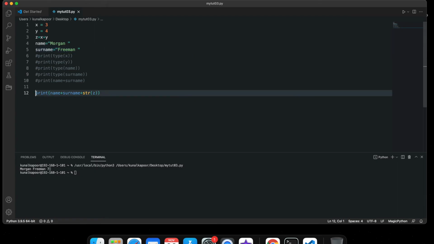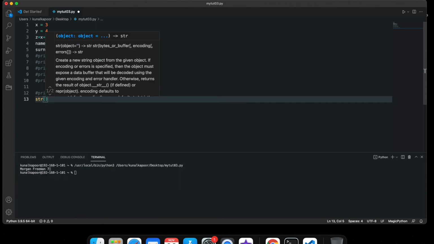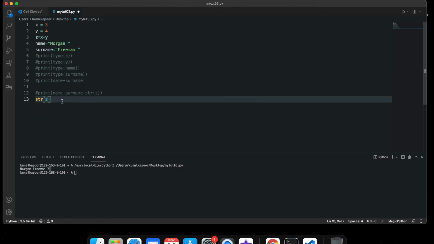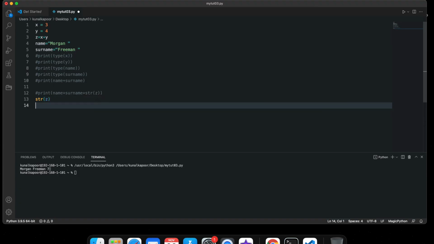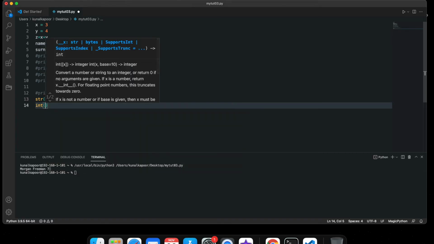So what I did here, str z. This changed the z value from integer to string. So when you do something like this, it's called typecasting. I could also do something like int. So say for example,